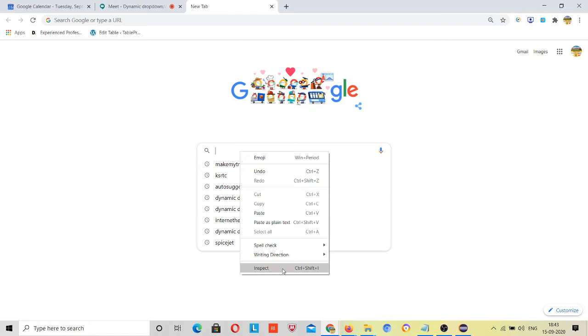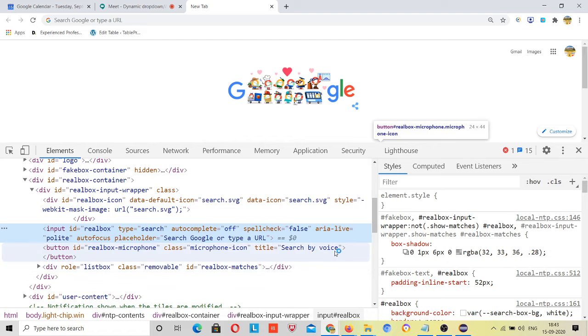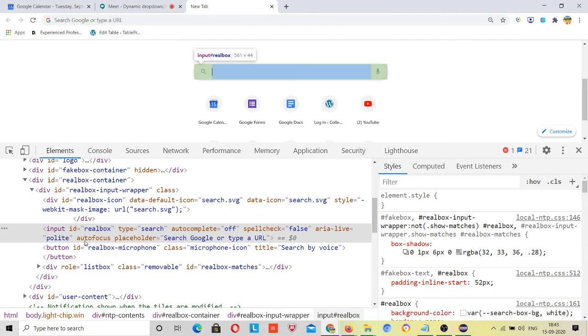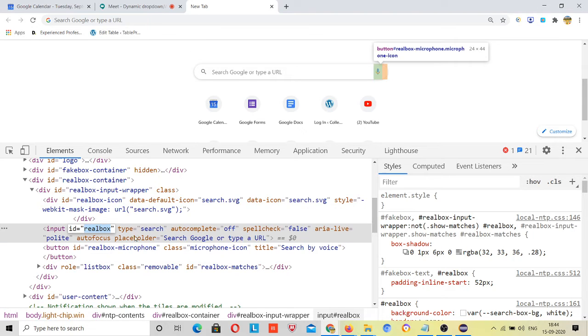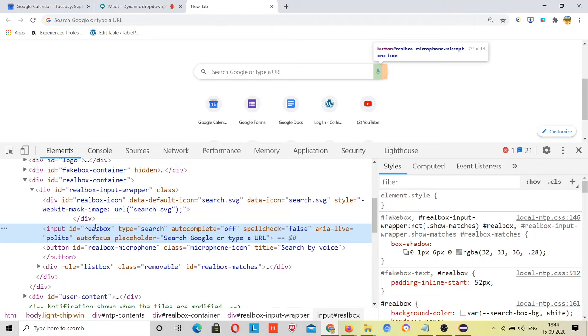Right click, inspect it, and here come some points to note. See what ID it has given me. Input ID, this is your input box. When my mouse cursor is over here, this is highlighting, so I am at the right place. The ID is real box, type is equal to search, autocomplete, spell check false, everything.